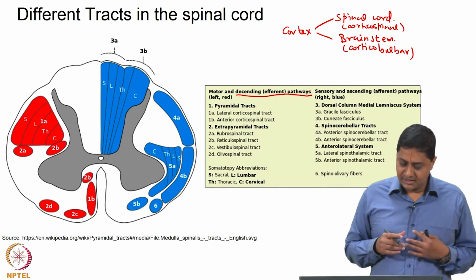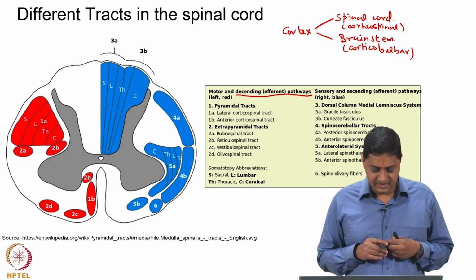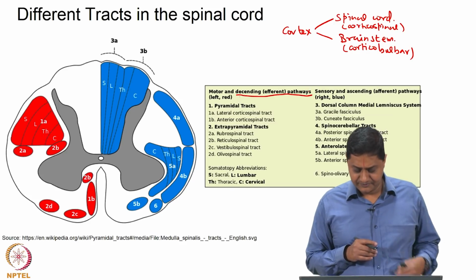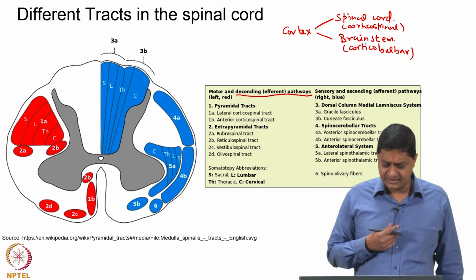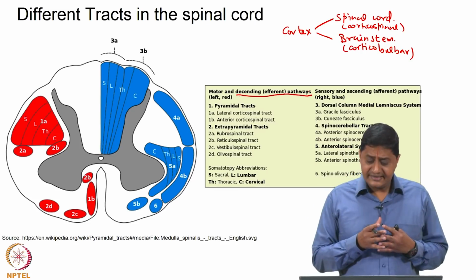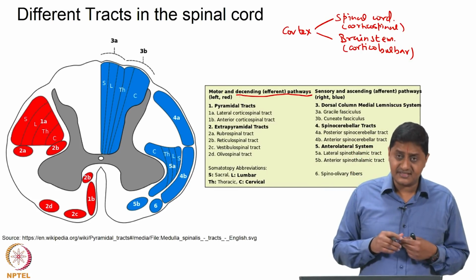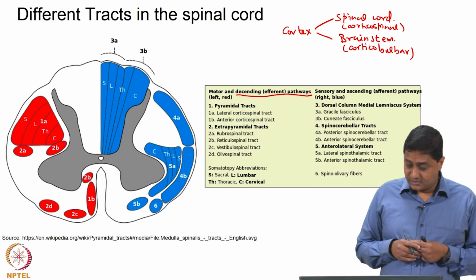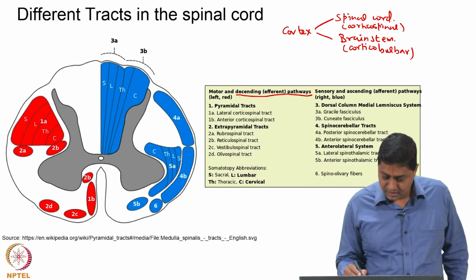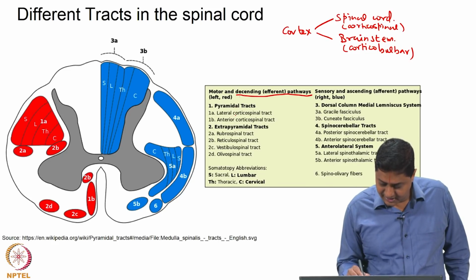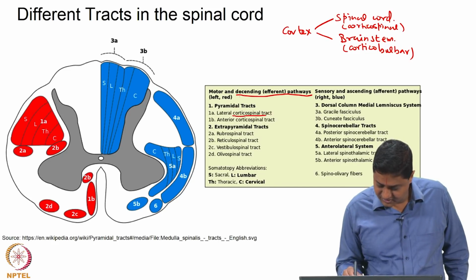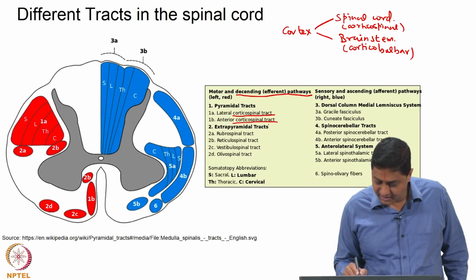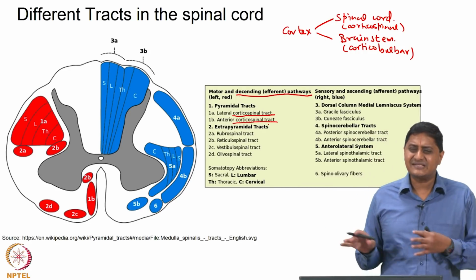So, what are the descending pathways that are received at the level of the spinal cord? But note, it is not only the cortex that sends descending pathways to the spinal cord, there are others. What are the others? These are the corticospinal tract, that is already discussed, and then what are called the extrapyramidal system.